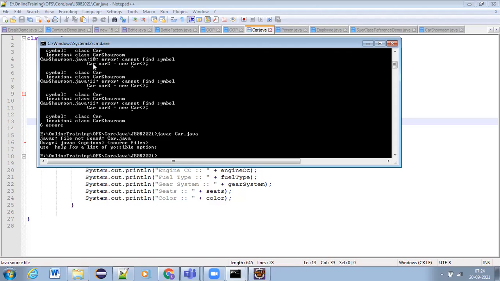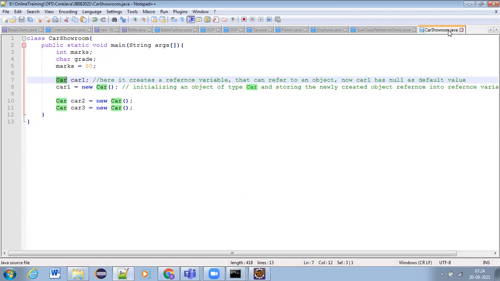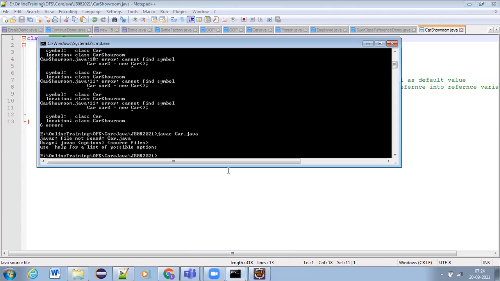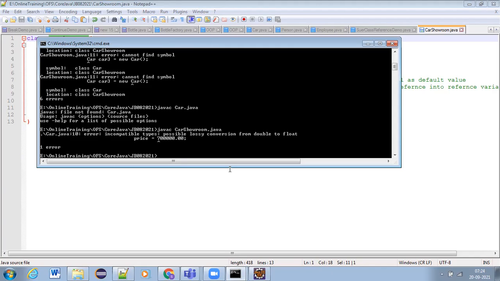In car showroom, we are using car, right? So this car showroom is depending on the car class. So all these dependencies will also be compiled before compiling car showroom. So if I say compile car showroom, automatically it will compile everything.